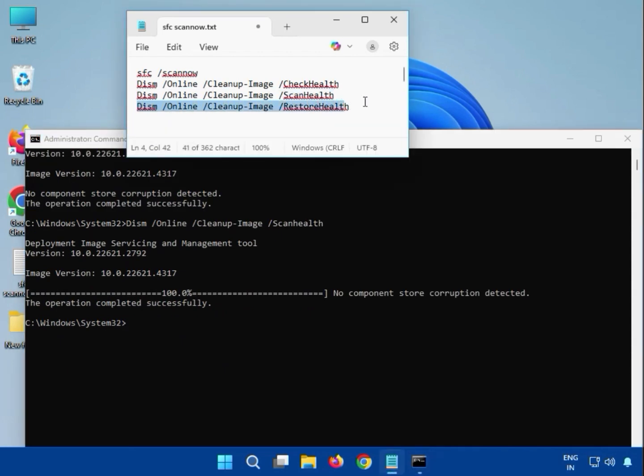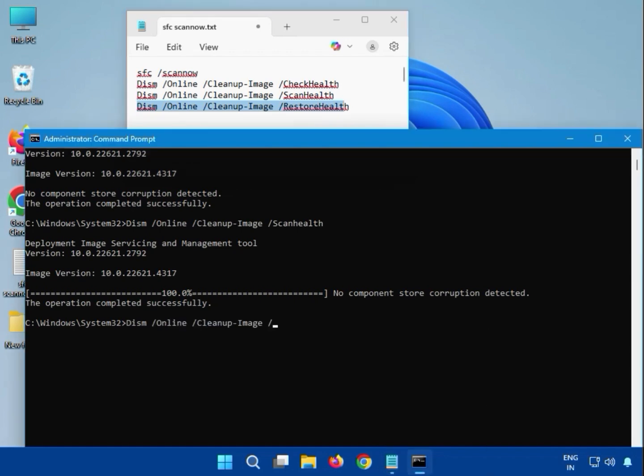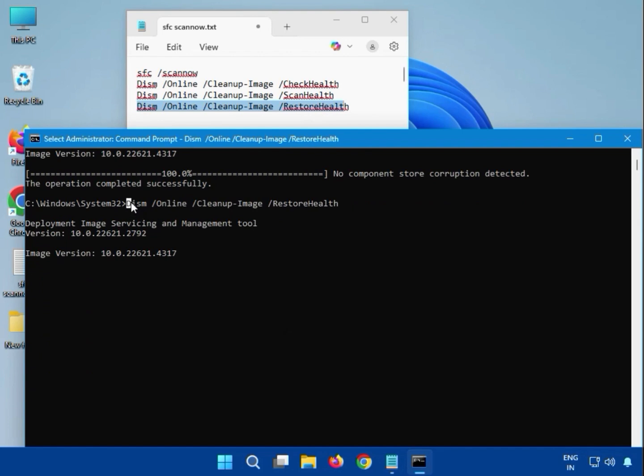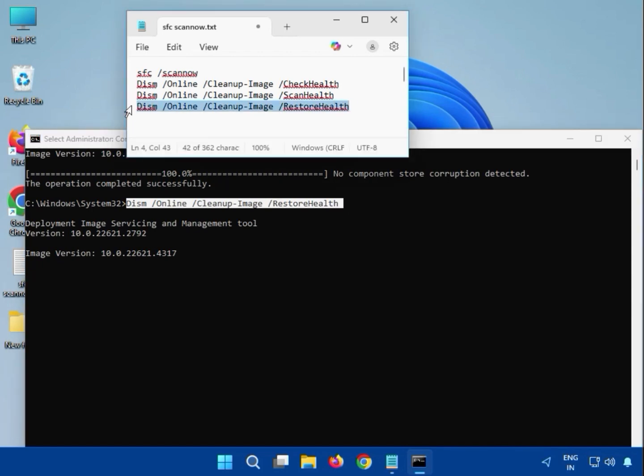Then guys, the fourth one, which is restore health, you can see here we can enter like DISM and all, and please note small and capital. Okay, restore health, and then hit enter. Again guys, you have to wait. Okay, once it starts the percentage, it will complete. After that you can see here